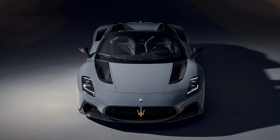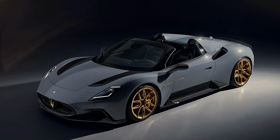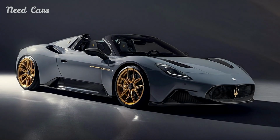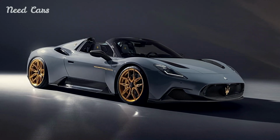Novitec, renowned for its expertise in enhancing automotive performance and aesthetics, has unveiled its latest masterpiece, the Maserati MC20 Cielo. This bespoke creation combines Italian craftsmanship with Novitec signature upgrades, delivering a blend of refined elegance, enhanced aerodynamics, and exhilarating